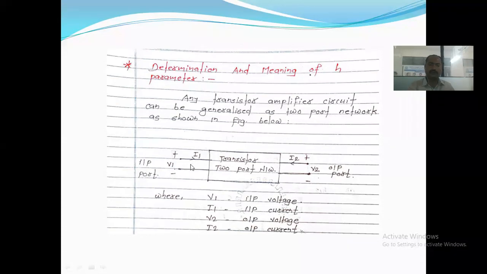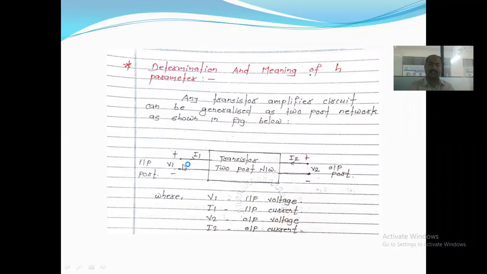So this is the diagram of your two port network. It has two sides: one is the input side, the other is the output side. On the input side we have applied phi1 as the input voltage. In that case, the current flowing through the input is nothing but the I1 current. And when that is applied to the transistor as a two port network, accordingly, when we apply this voltage V1